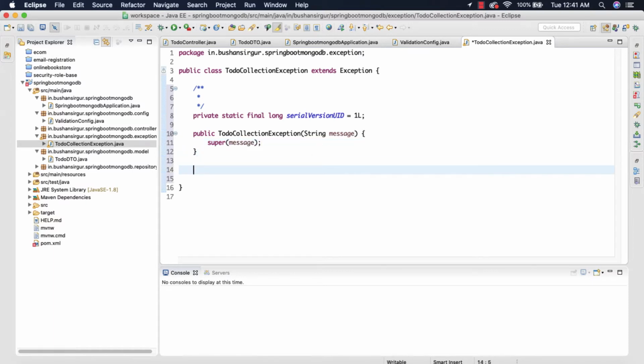And I'm going to create two methods: one is for not found exception and another one is for ToDo already exists, which means if the user tries to create a ToDo with the same name, then we are going to raise that exception.